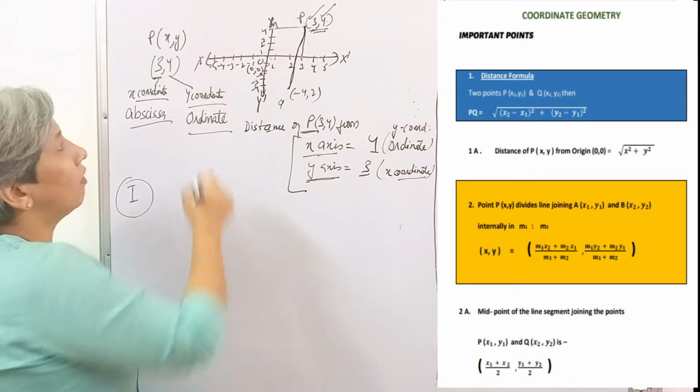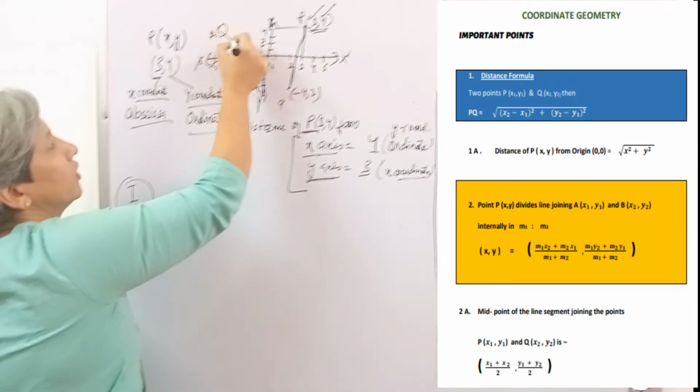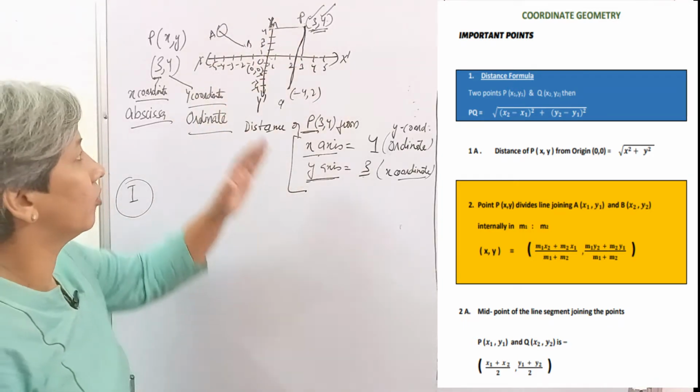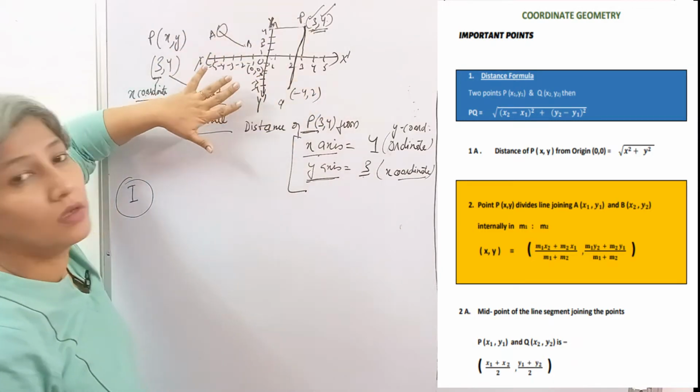Or there's a point A here, there's a point B here, and you have to find out distance between A and B. Same way, any 2 points on the number line, number system, anywhere or in any of the quadrants,